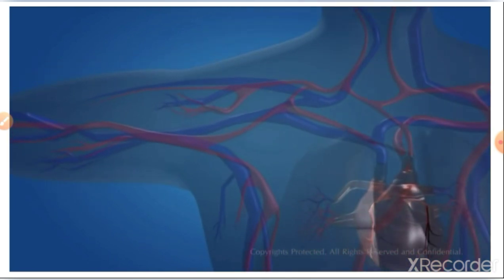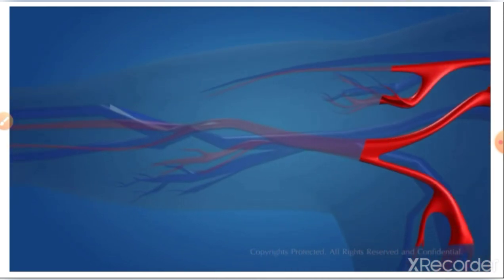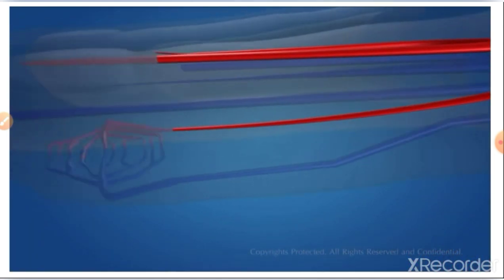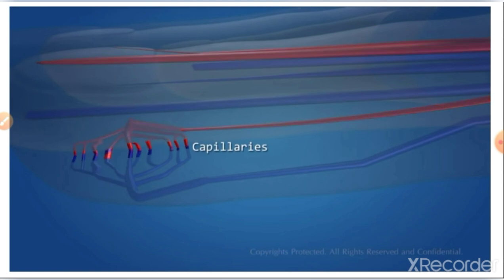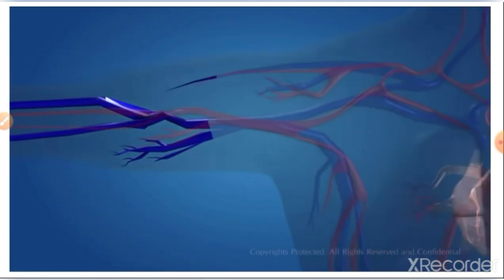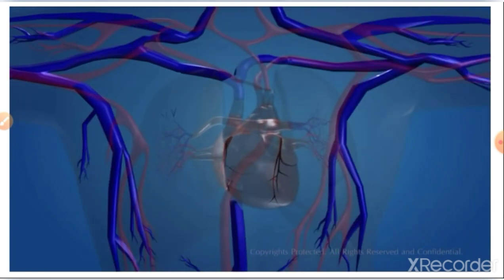Oxygen-rich blood reaches the different parts of the body through blood vessels known as arteries. The arteries branch into capillaries, which reach different organs of the body. The organs become oxygenated, and the blood vessels then take up the carbon dioxide from the organs and pass it to the veins. The veins carry the deoxygenated blood to the heart. The main vein which delivers the deoxygenated blood to the heart is called the vena cava.